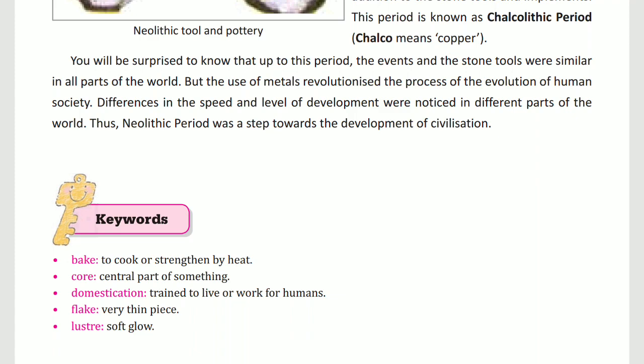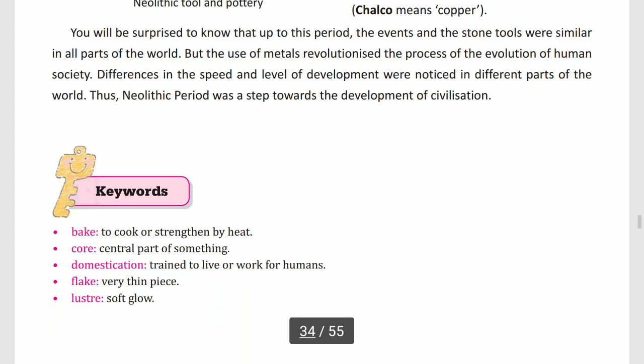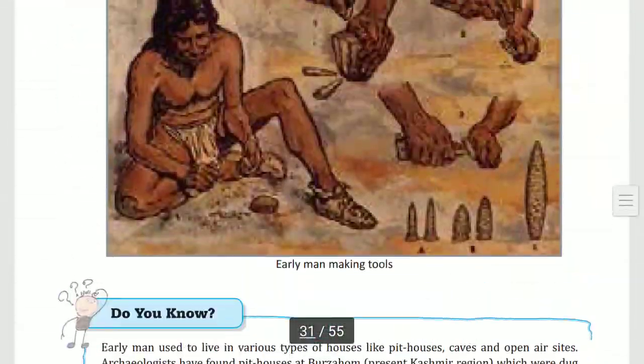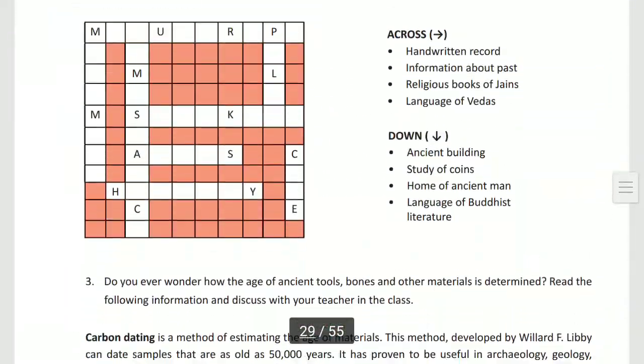And thus the Neolithic period was a step towards the development of civilization. Suppose anyone asks you which period is a step towards the development of civilization, we mainly call it the Neolithic period, because in the Neolithic period so much development comes. Now after completing this chapter, first we have discussed